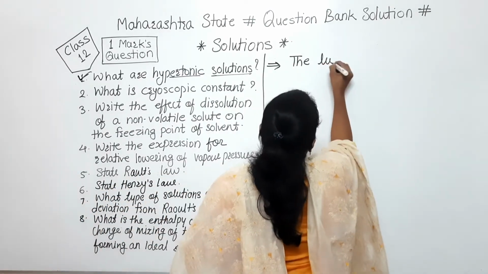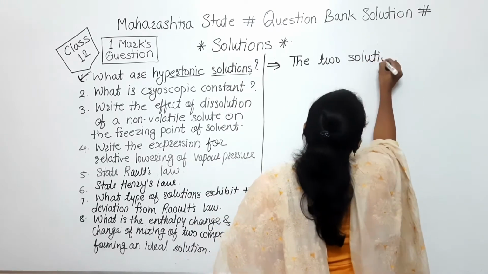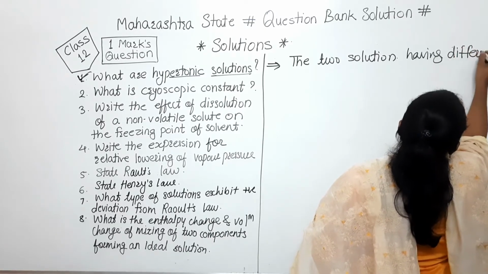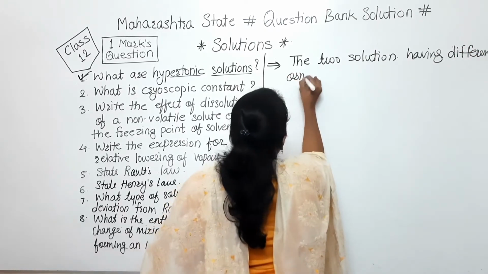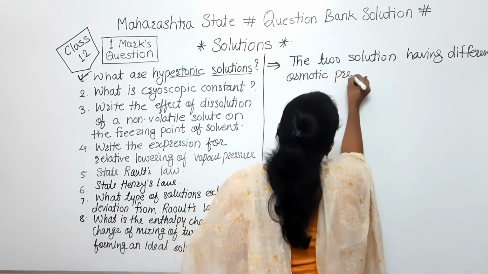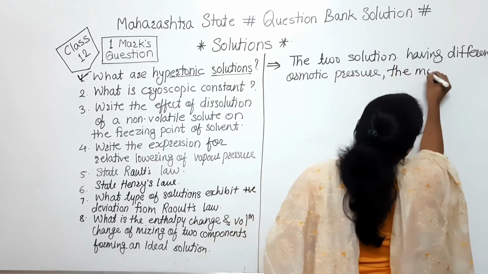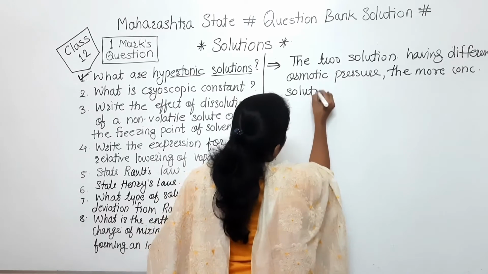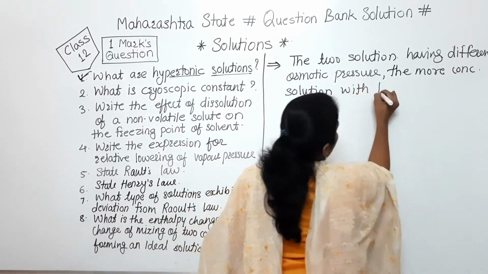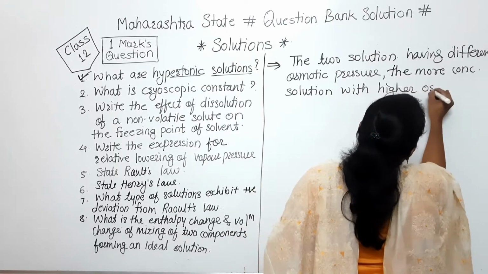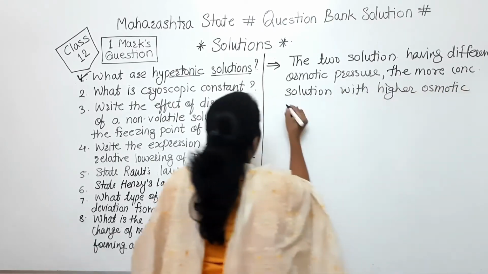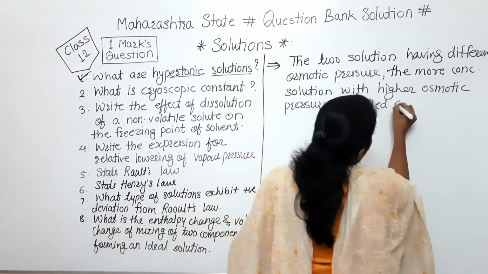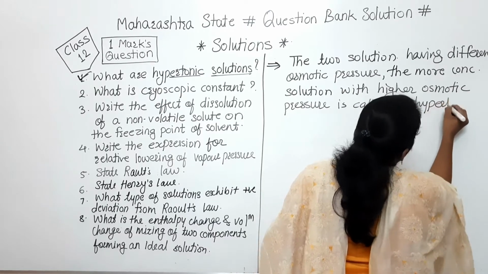So see here, the two solutions having different osmotic pressure, the more concentrated solution with higher osmotic pressure is called as hypertonic